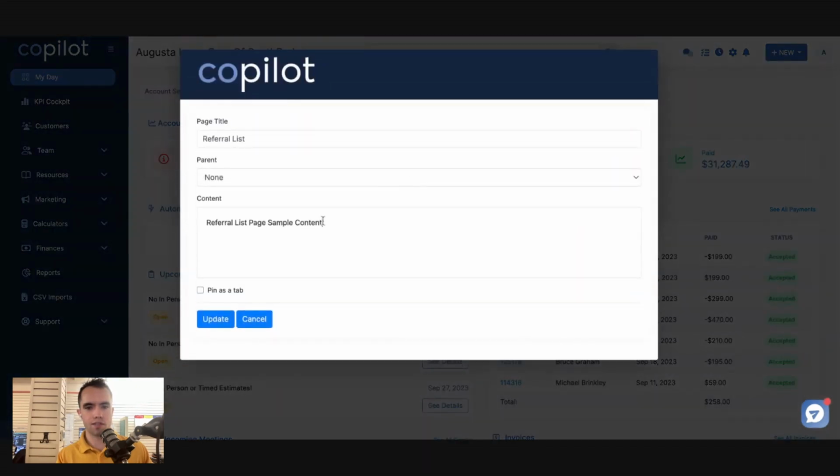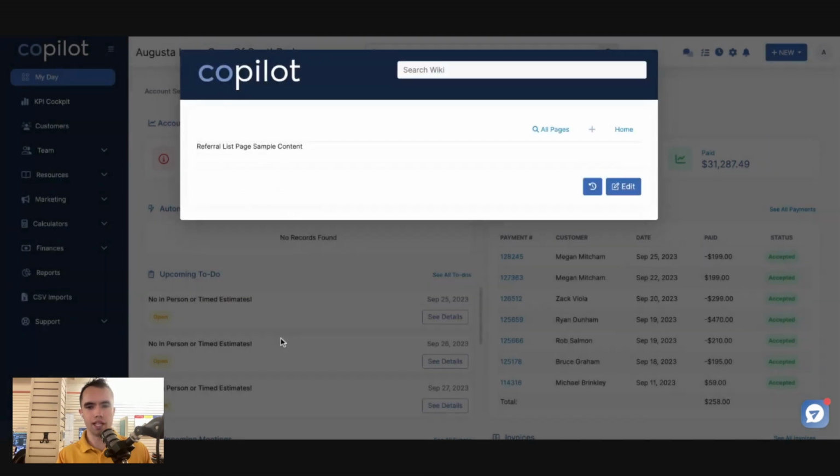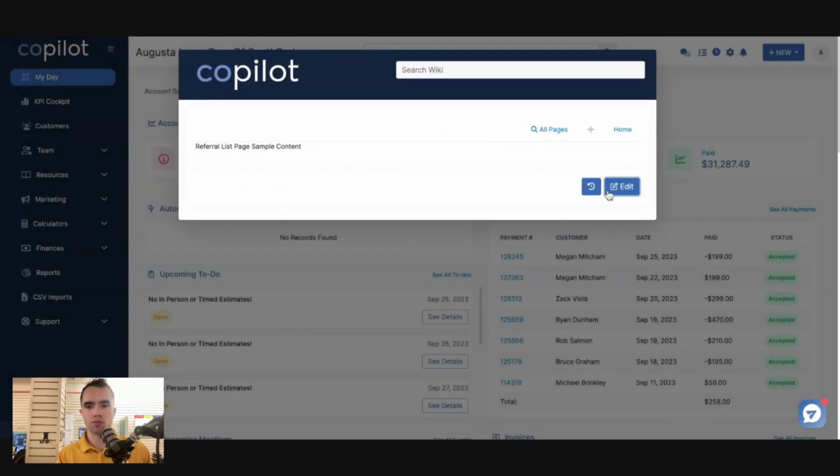You can click edit, and then you've got all the formatting of links. You can put links in here. You can bold, highlight, and format this however you want. You can pin it as a tab on the top part right here, as well as